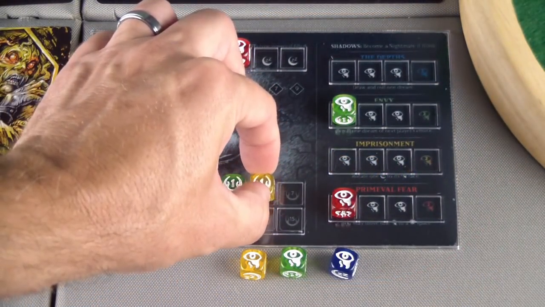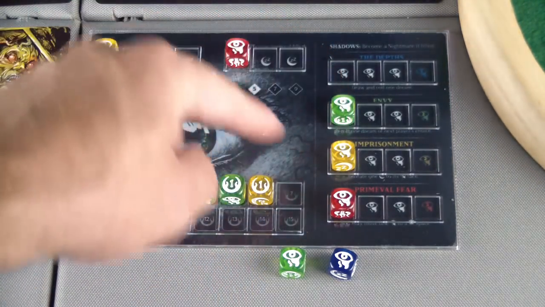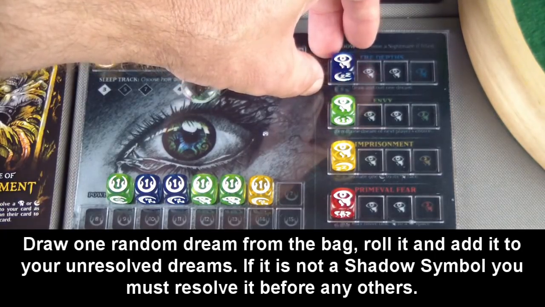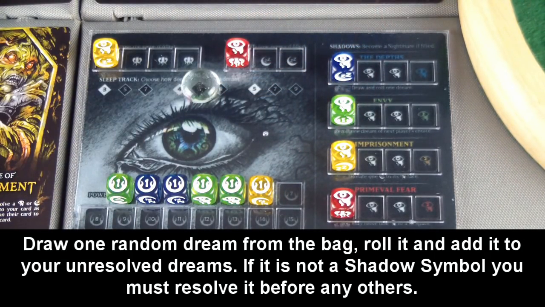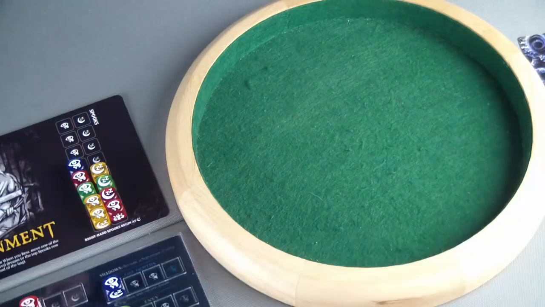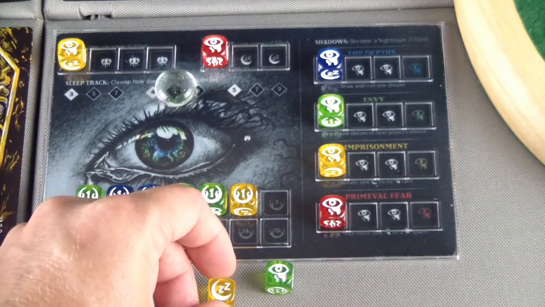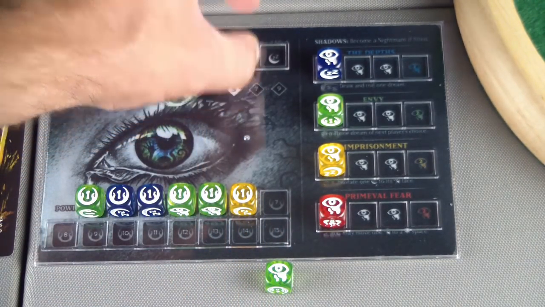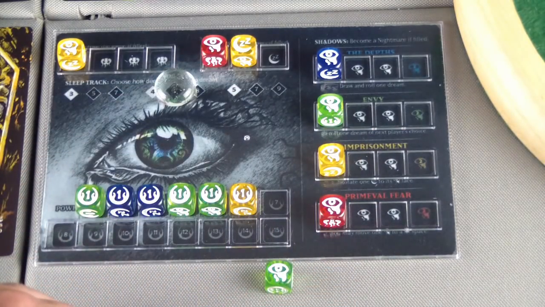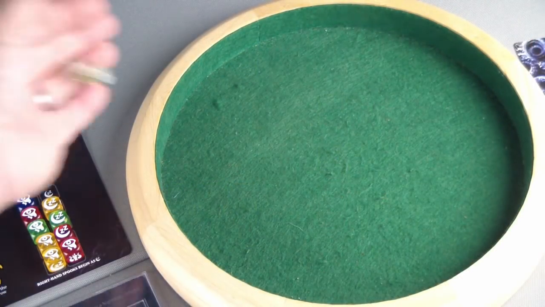Let's resolve our power. And you can resolve the shadows in any order. I'll go ahead and put the imprisonment down because there's nothing in the exhaust to flip. The blue, though, the shadow of the depths, means I have to draw and roll 1 dream. And this dream will also have to be resolved. Yellow, and it is exhaust. Since this is not a shadow, it has to be resolved first, so it's going to go into exhaust. And luckily we did imprisonment prior to that, otherwise we'd have to flip that if we left imprisonment for later. Envy will have us re-rolling our first power and getting...